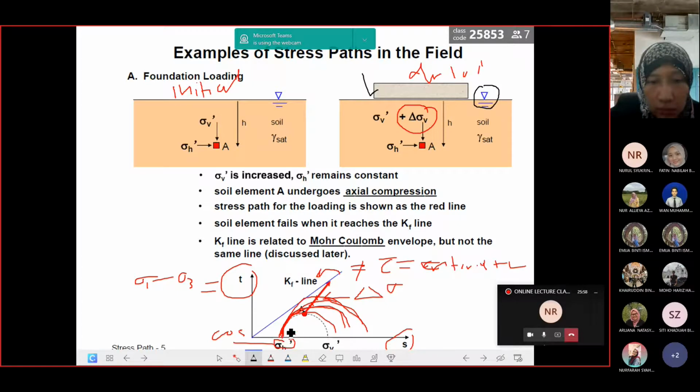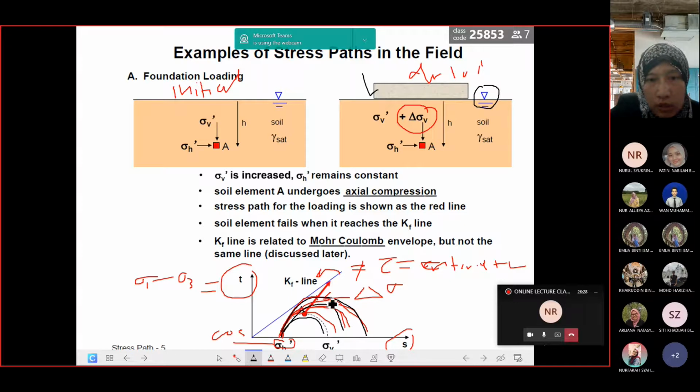Tapi bila beban tu you tambah daripada satu nilai 10 kPa. Ni 10 kPa contohnya. Kemudian you tambah lagi 10 kPa jadi 20 kPa. You tambah lagi sehinggalah dia reach to the maximum one, meet to the failure envelope line. Kat situlah nanti you akan dapat hasilkan satu stress path yang mewakili sampel pada point A dengan kedalaman H due